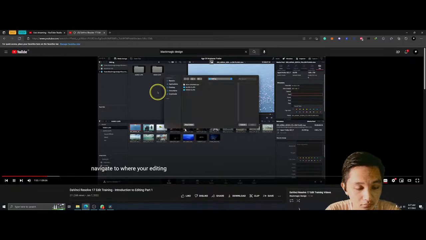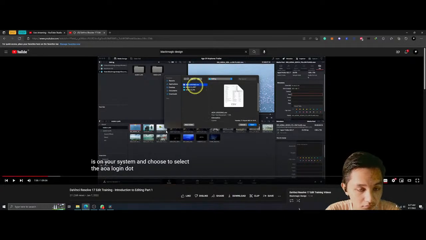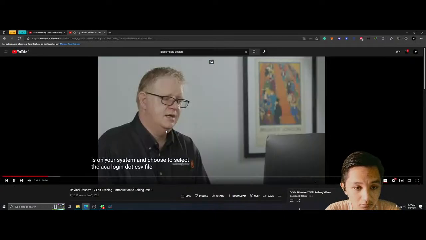Navigate to where your editing footage is on your system and choose to select the AOA login.csv file. A CSV